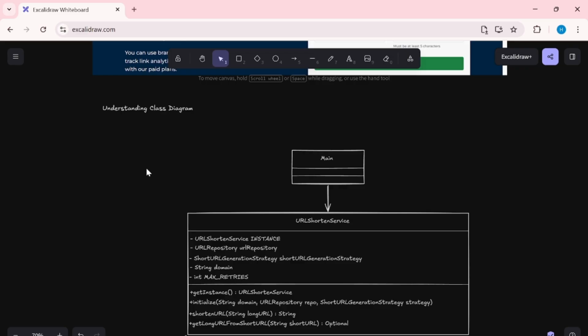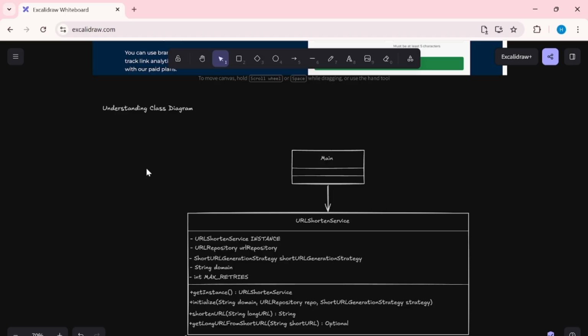Let's say in this case we are shortening the URL, so that logic implementation would be the key there, right? You will get the skeleton of your code if you have a better understanding of the class diagrams and the UML diagrams for such systems. So let's pick each and every class,